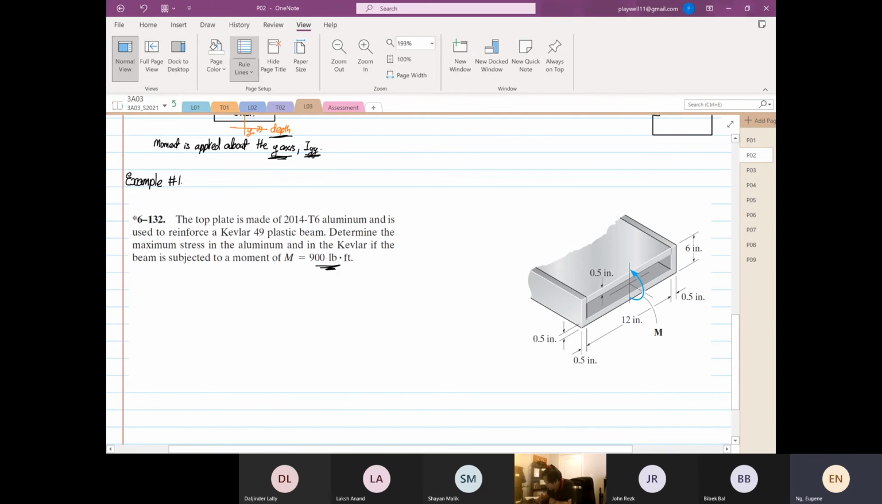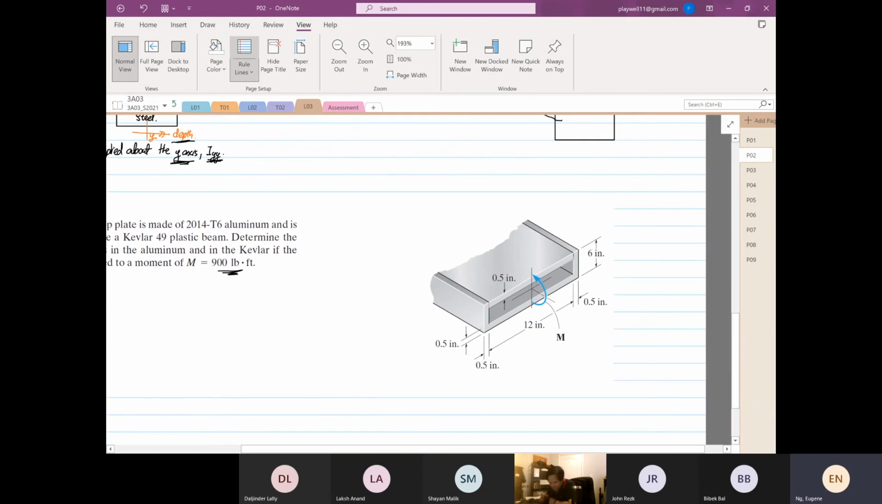Okay, so by looking at the problem now, this top bit is made of aluminum. Okay, and then you have this part, this part, and also this part is made of Kevlar. Okay,